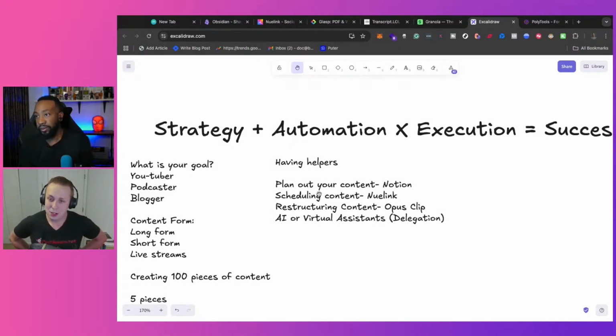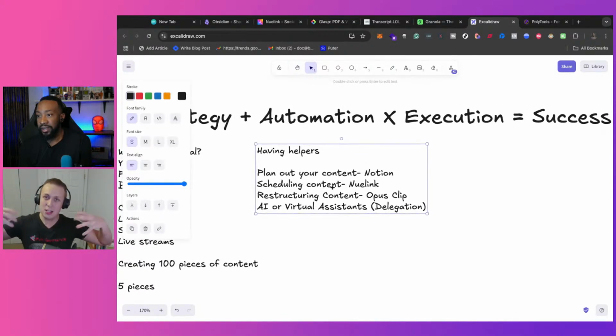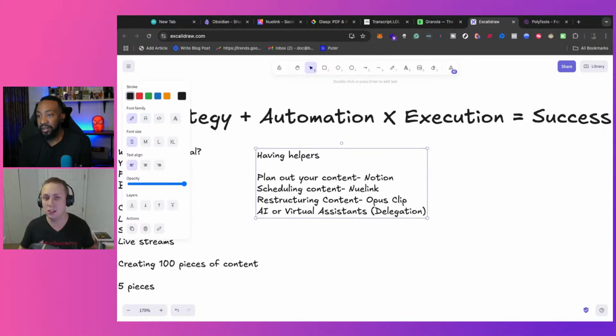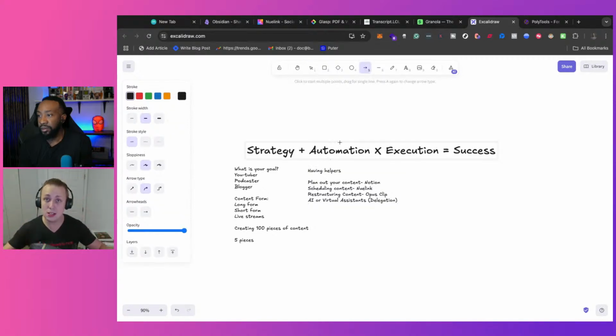I want to use the plan-your-content idea all the way across. The strategy is that you come up with how often you want to make content. The automation is using tools like Notion to keep yourself accountable and to have an idea of when that content goes out, and to help you with execution. That way your brain can just dump the ideas. You don't have to worry about due dates because it's already doing it. Due dates, I don't mean DUE, I mean DO: when are you going to do the actual piece of content? That's where execution comes into play.